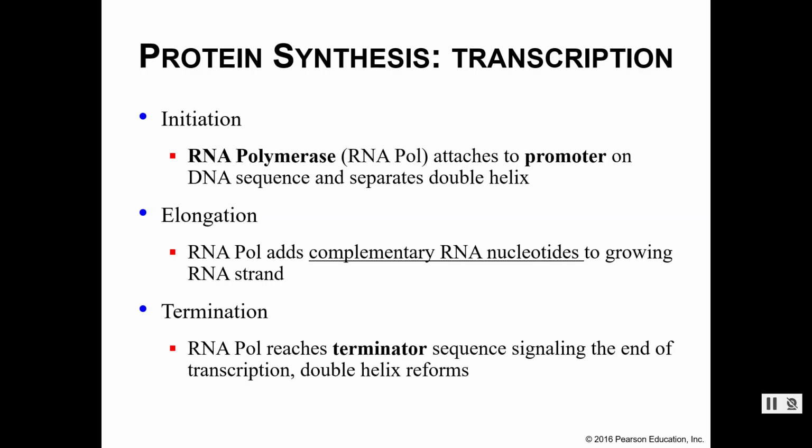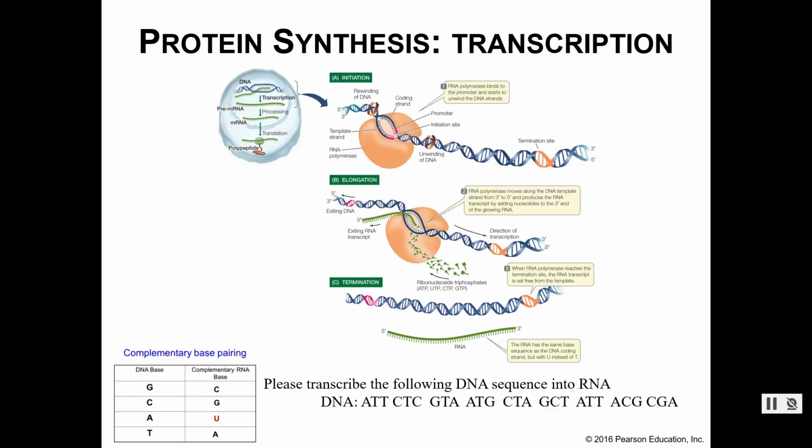This signals that we have finished copying down our instructions. We allow the double helix to reform, and we are left with one strand of RNA instructions. Then we have to take those instructions and make a protein. Okay. Now, before we make our protein, let's make sure we can take a strand of DNA and turn it